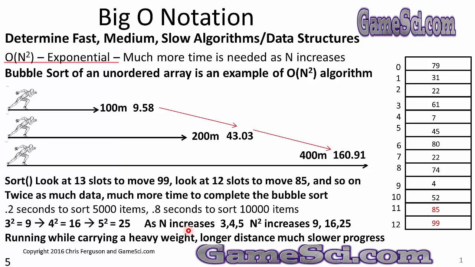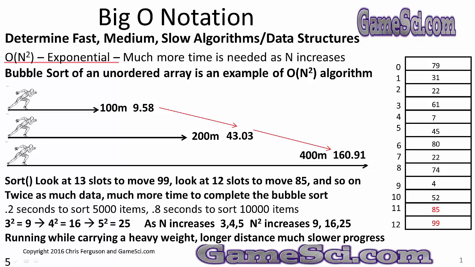As n increases, 3, 4, 5, n went up a little bit. N squared dramatically increases, 9, 25. There's only 2 difference between 3 and 5, but there's 16 difference between 9 and 25. An exponential algorithm goes up fast,